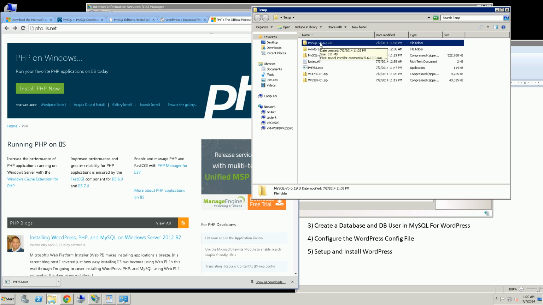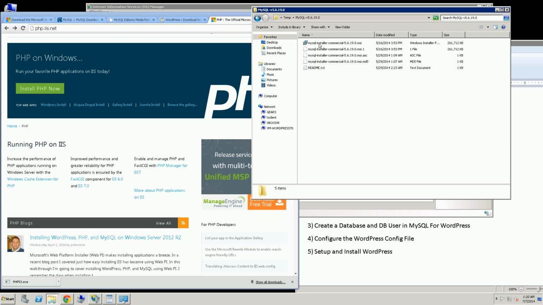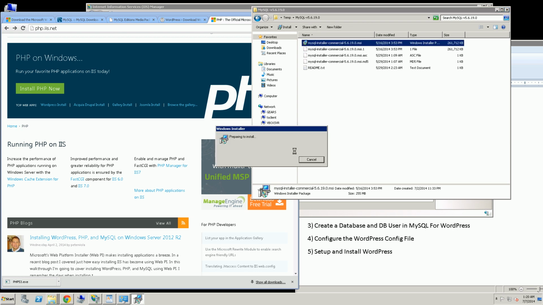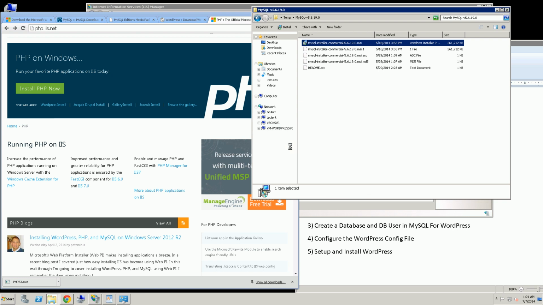So I'm going to go to MySQL here and install MySQL. And here I'm going to choose to simply install everything, especially the Workbench. And if you've worked with SQL Server, the Workbench is sort of like SQL Management Studio that allows you to connect to the databases and actually view the database objects. So that's very important to install, because